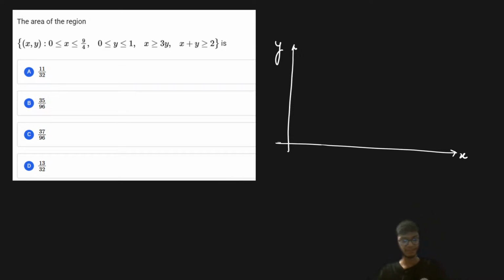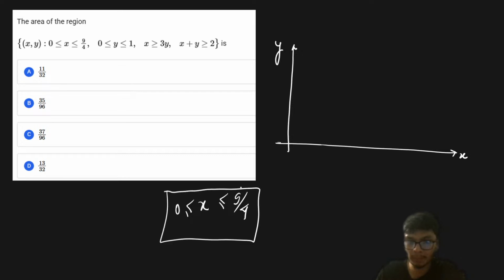Thank you, Prem. Okay, so first of all, if we look at the value of x over here, the x is basically bounded between 0 to 9 upon 4, right? So we will be only looking at the values of x, which is basically bounded between 0 to 9 upon 4, right? And next it is said that y is also bounded between 0 to 1. Okay, so ultimately our region of interest basically get reduced to this particular rectangle, right? And next if we look at over here,